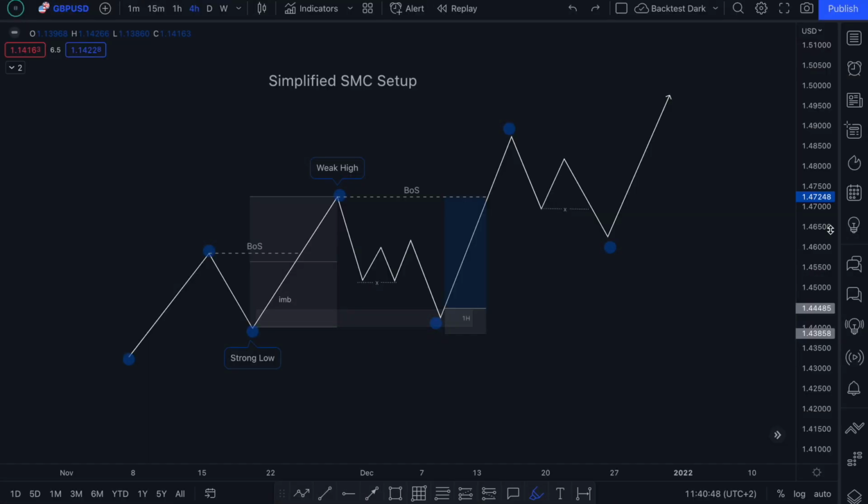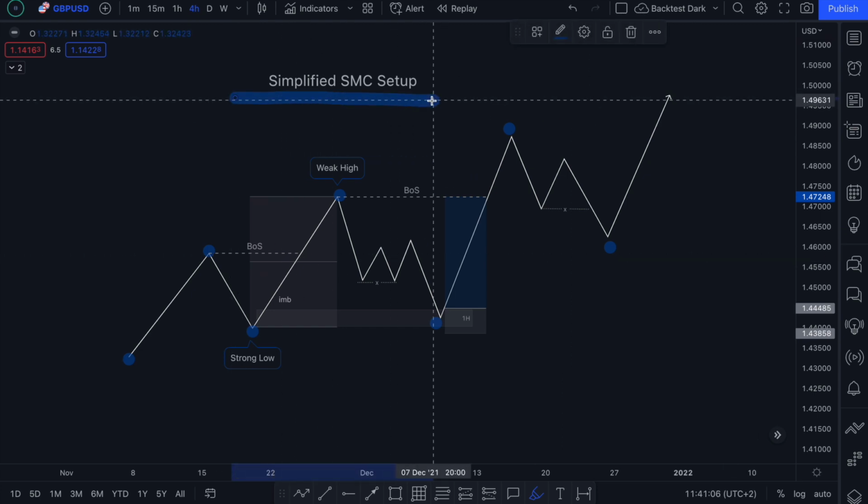Now, as I always like to do with these video lessons, we're going to start off with a little bit of theory, discussing what backtesting is, why it's beneficial, before we dive into the charts and actually implement some of that theory. All right. So before we get started, I just quickly wanted to remind you guys of our simplified